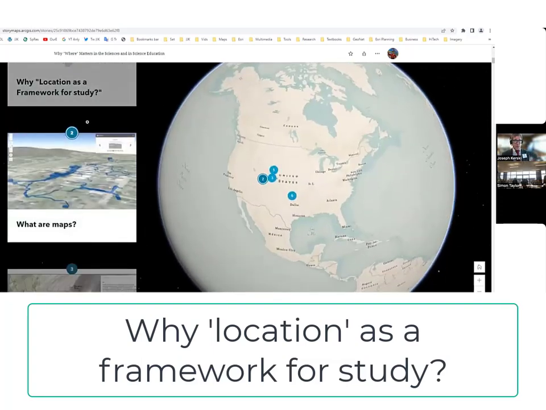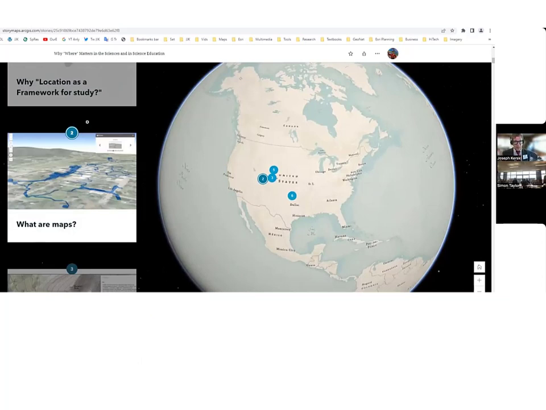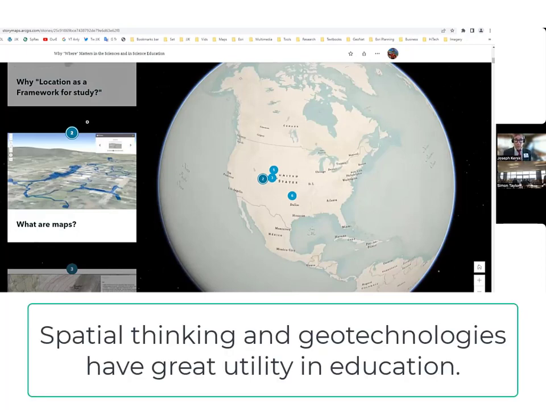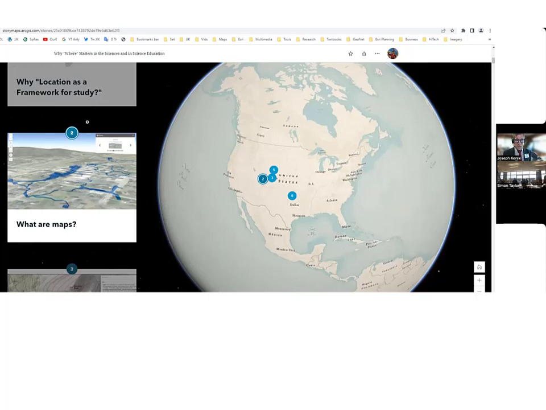Hence, geotechnologies is a very important tool in science, but also in science education. I would just make the argument that you are doing many things here when you're teaching with geotechnologies, and we'll unpack what that means in a moment. But you're fostering critical thinking, spatial thinking, problem-based learning, inquiry, all the things that you and I love as educators. That's why we became educators in the first place, right? We want students to actually engage in real-world issues in real places with tools that are actually being used in the professional world. So there's lots of other reasons that I'll go into as well, but those are the primary reasons if you don't remember anything else from this presentation.